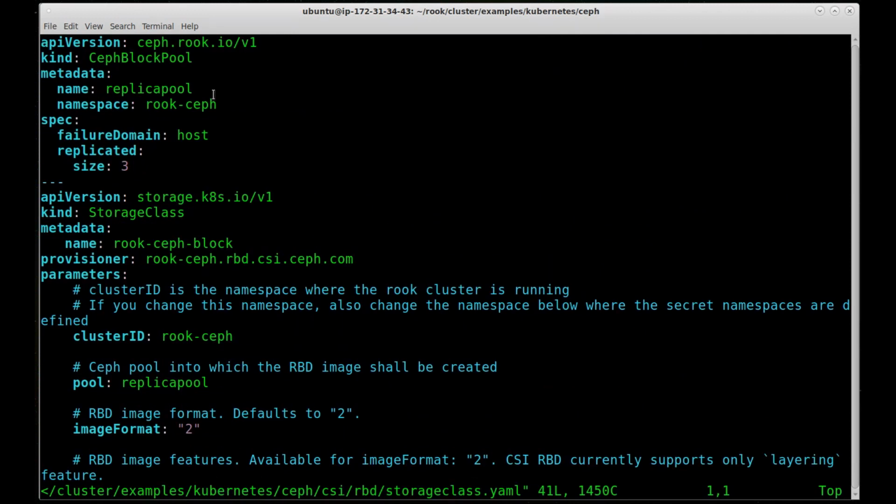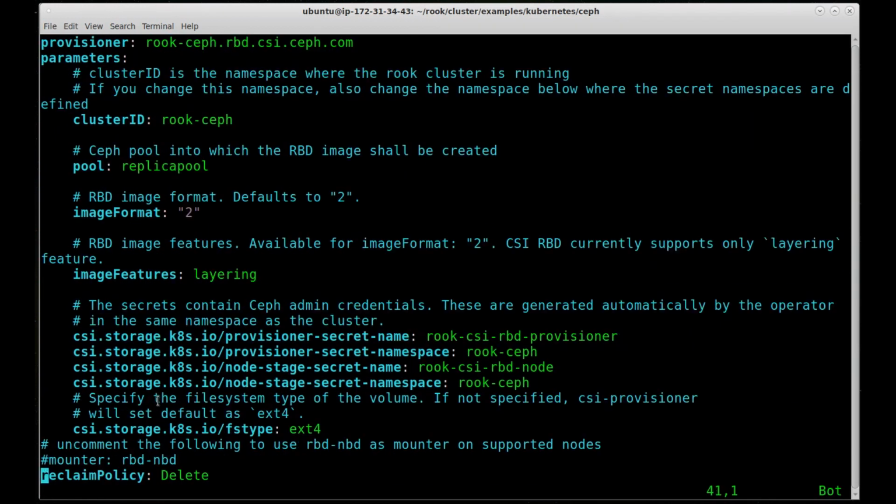First thing it has is a Ceph block pool. I have to have that with the replicated size being declared. We'll leave it at 3. Then the storage class is declared next in this file, the cluster ID to use, a pool name, and then an image format. There might be a couple other parameters set in here, but